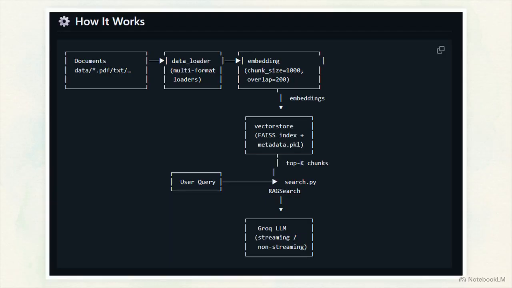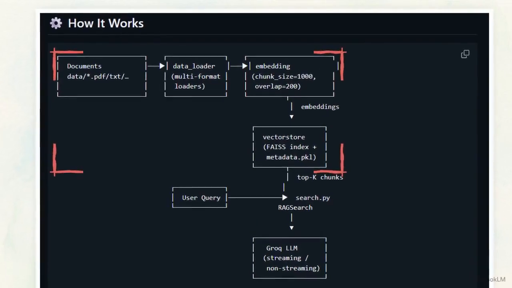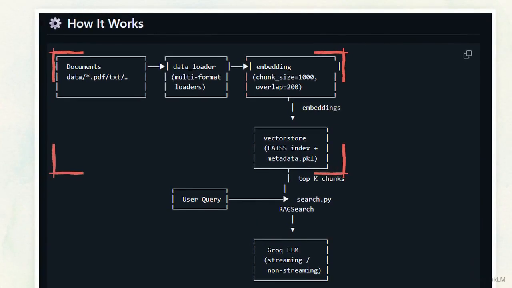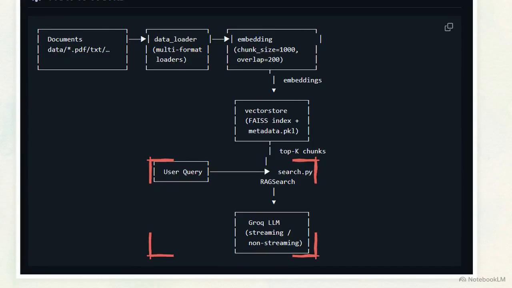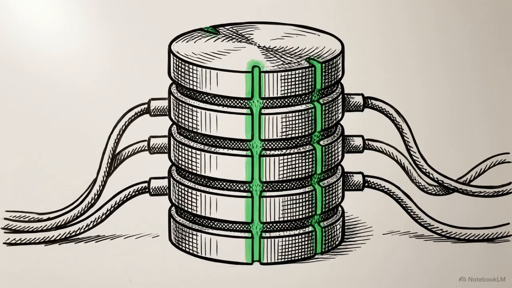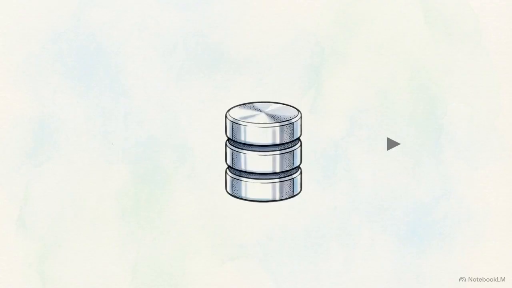This flowchart shows the bipartite structure of a robust RAG system. It requires two distinct halves, an offline indexing pipeline and an online inference pipeline. The offline phase occurs before the user opens the application, where raw data is ingested, processed, and stored. The online phase is the live environment, where queries trigger data retrieval and LLM generation. The central bridge connecting these two distinct operational phases is a persistent vector database. A vector database is a storage system designed specifically to hold and query high-dimensional mathematical representations of data.